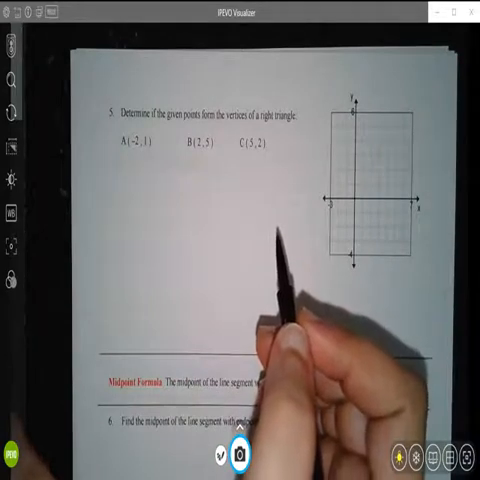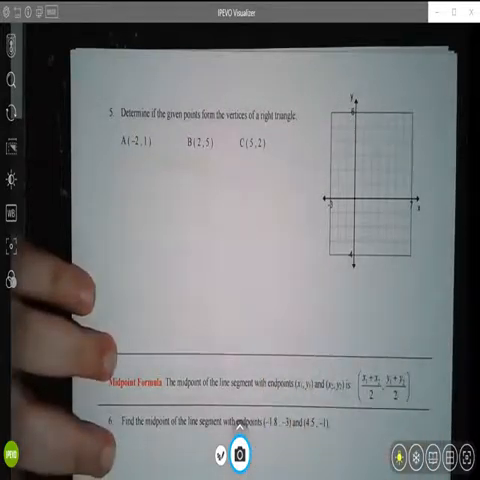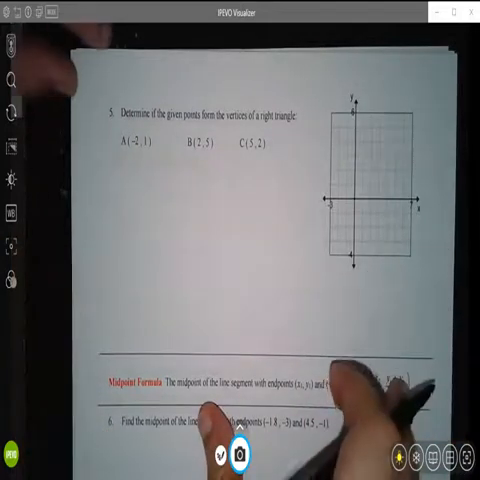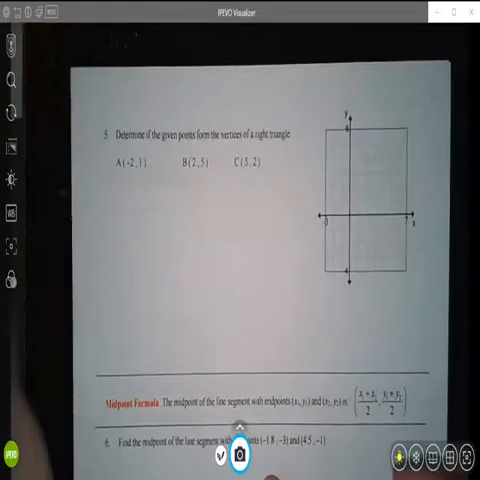So 4 is no, it's not extra credit. No, it's too easy for extra credit. If I'm going to give you extra credit, it's going to be a challenge. Anyway,